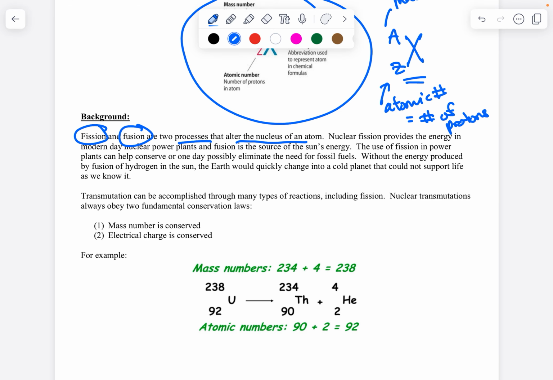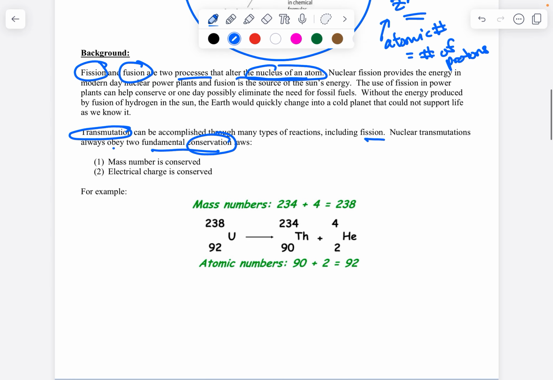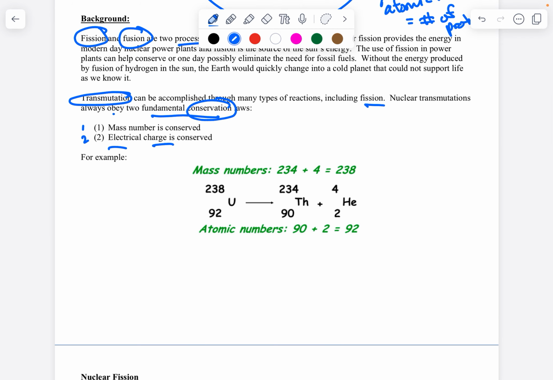Now, when the nucleus of an atom changes, that's called transmutation. And that includes fission and fusion. And they have to obey two very fundamental conservation laws. The first one is that mass is conserved. And the second, that electrical charge is conserved. Electrical charge, right? So meaning,